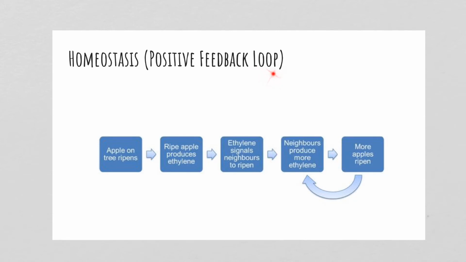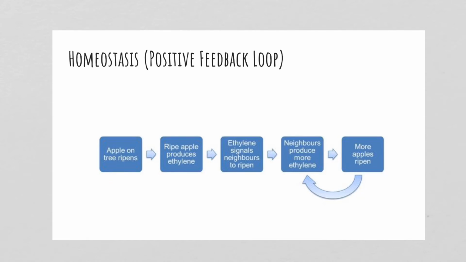Now, like I said, we don't see a lot of this, but there are some positive feedback loops. Here, instead of turning off the initial reaction, we're actually going to augment it, or we're going to make more of it in the long run. So there are a few examples in humans. One great one is lactation. If a baby is nursing, it actually tells the mom to continue stimulation of producing milk. And once the baby stops nursing, that actually stops mom's production of milk.